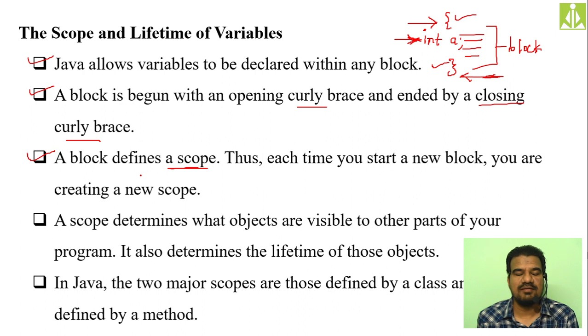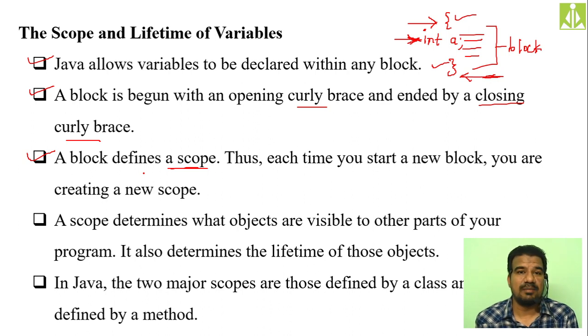So basically whenever we are opening a curly bracket in our programming, you may get a doubt: can we open a curly bracket without any control structure? It is not possible, isn't it? In programming, we can't simply open a curly bracket and start writing the code. It is not at all possible.